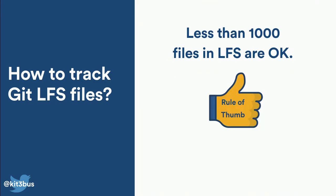In general, we tell our engineers less than 1,000 files are okay in Git. You won't notice any speed problems at all. This rule works for a number of projects at Autodesk, but we also have a number of projects where we have way, way more than 1,000 files that are large. So this was a very big problem for us,